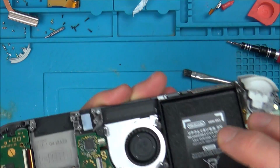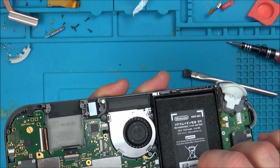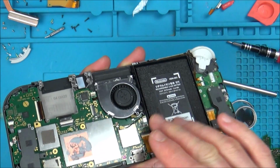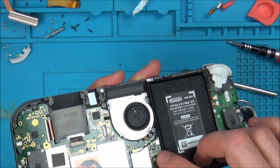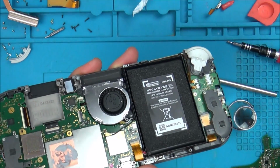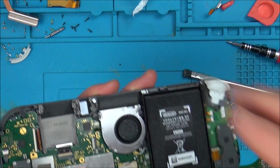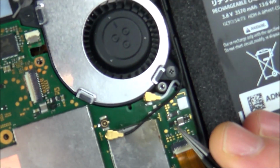Right, so the voltages are testing different between the working one and the non-working one. Everything around here just seems to be testing 4.1 on this, while on the working one a lot of it is 3.7, but where the capacitors are up here and down here, it's measuring 17.1. So because I think this chip might be the one responsible for